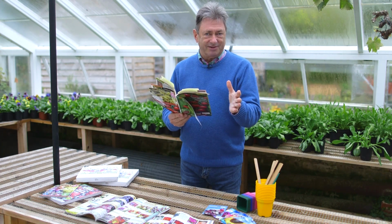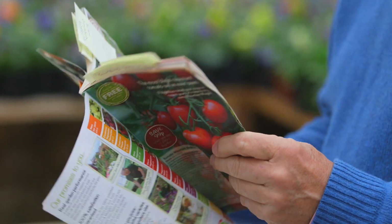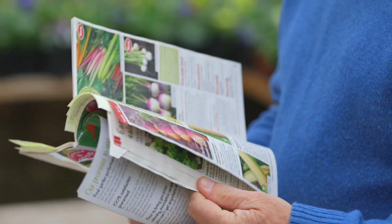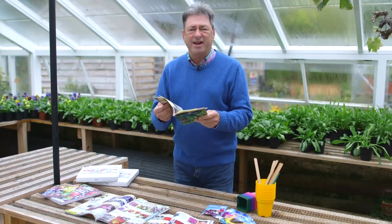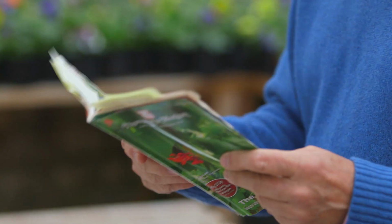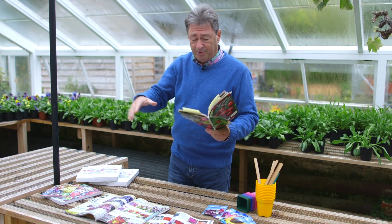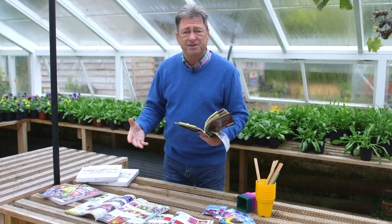It was Oscar Wilde who said, "I can resist everything except temptation." And you know, when it comes to seed catalogues, I think I'm of the same mind. Looking at flowers for beds and borders, you go through thinking, I like that. Oh, I'll have one of those. I'll have one of those. And then the packets come, your bank balance goes down, and your storage space, well, that runs out because you've